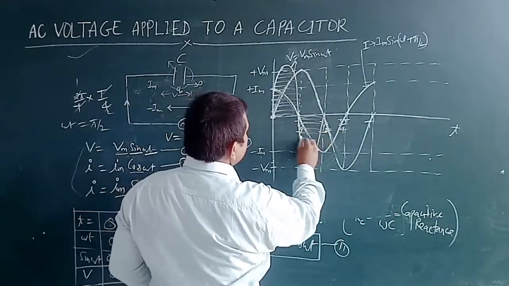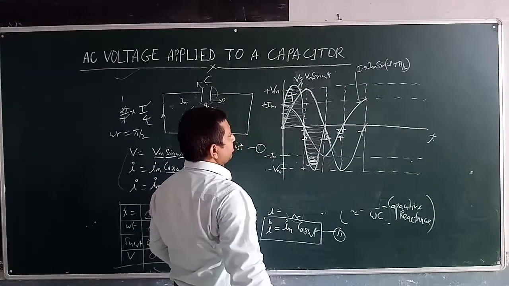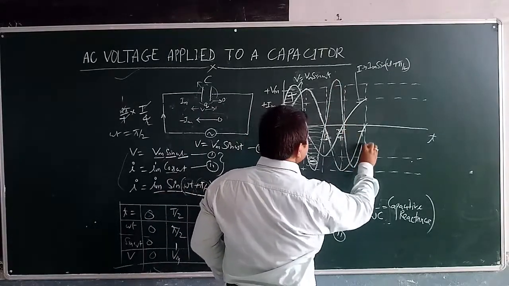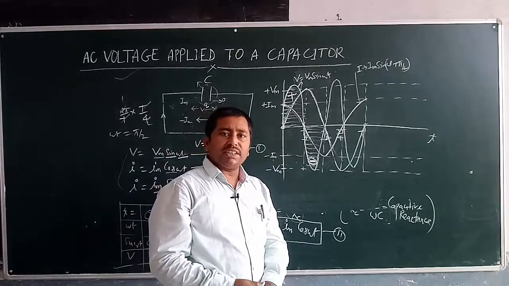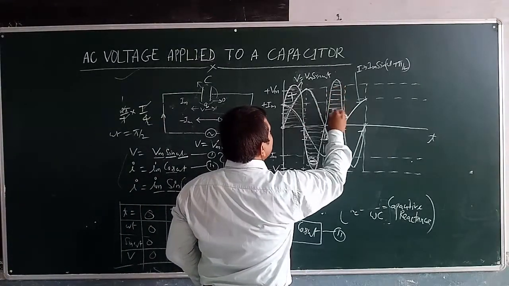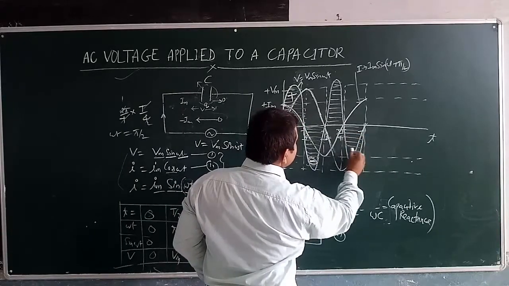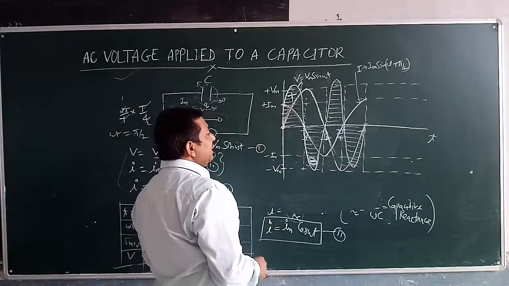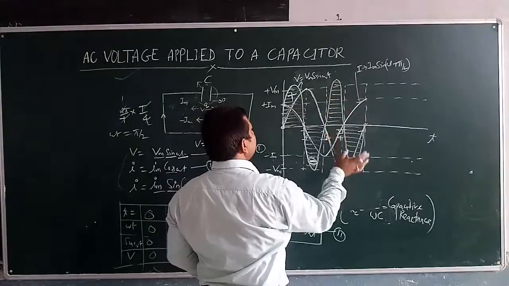Okay, so this is power dissipation. Power is positive and here the power is negative. Similarly, again power is positive and then again power is negative. So if we talk about what will be the amount of power dissipation in one complete cycle, then we are seeing that two times the power is positive in the same amount and the other two times the power is negative in the circuit.